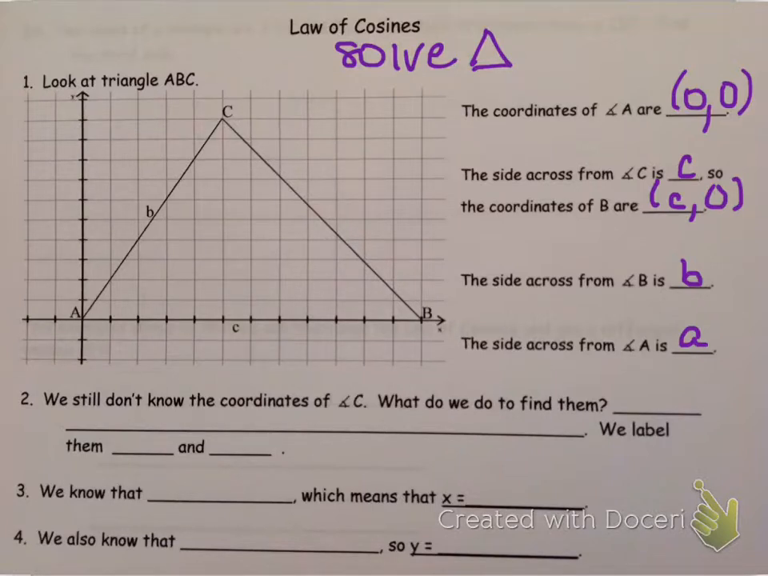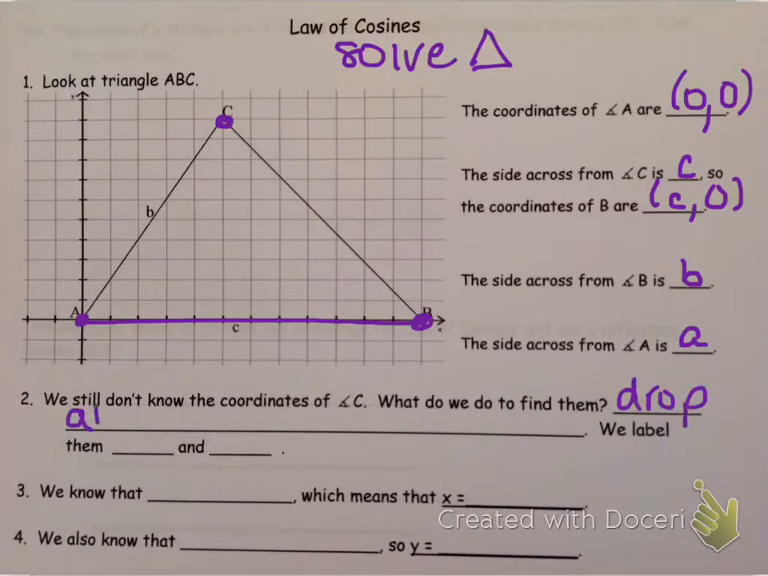So there are a couple of things we still don't know about our triangle. We know the location of A. We know the side C. We know the location of B that determines. We don't know the location of angle C, because once again, we don't know what the scale of this graph is. So what we do is we